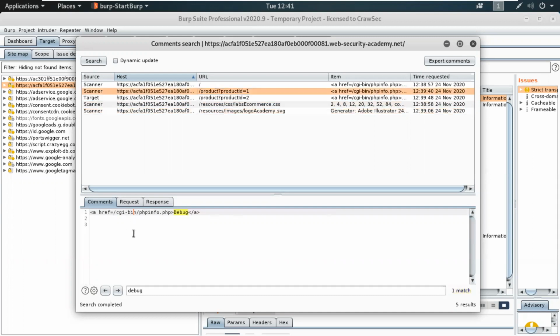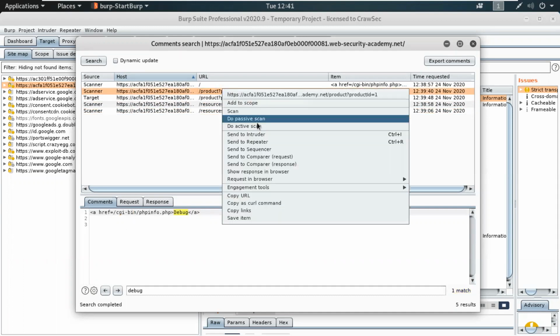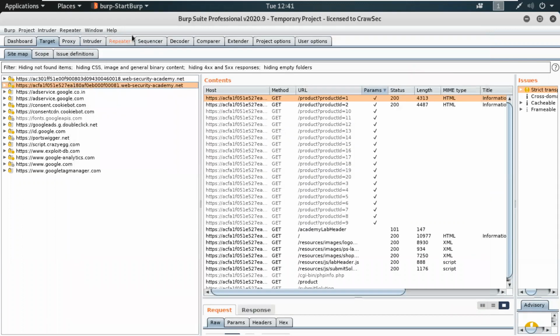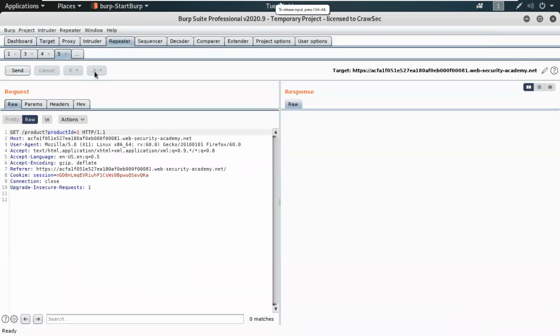So let's try to send this one to the repeater. Send to repeater. Repeater, so let's try to execute.